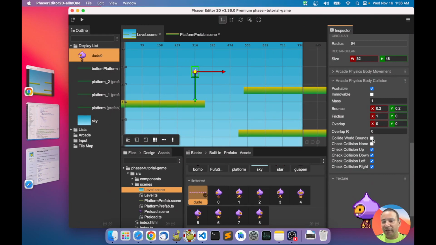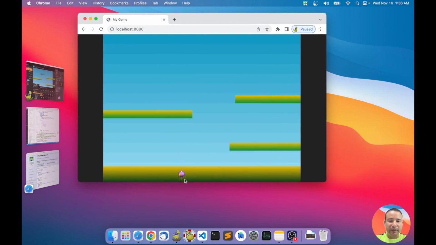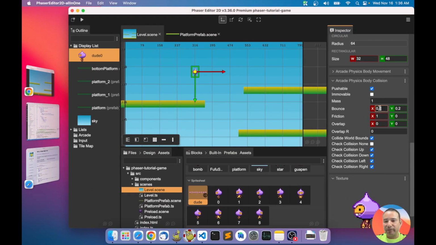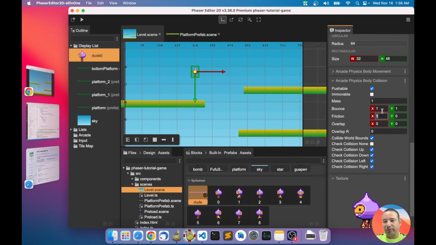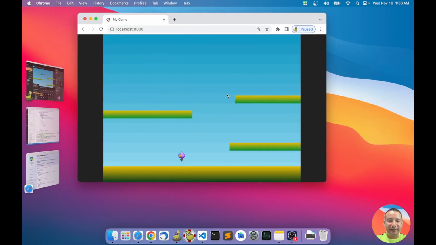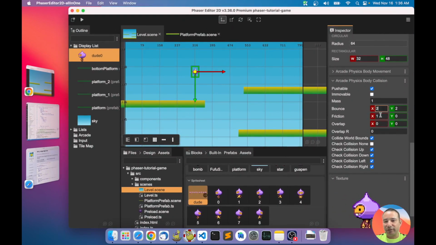And I will enable collide world bounds. Look, it bounces a bit. If I put 1, it bounces the same. It keeps bouncing. If I set 2, it will be crazy. Okay, let's use